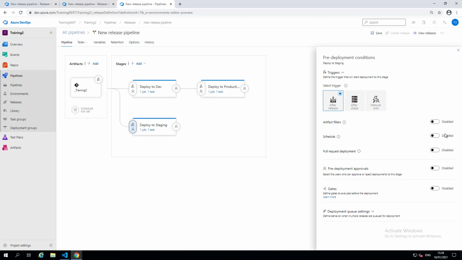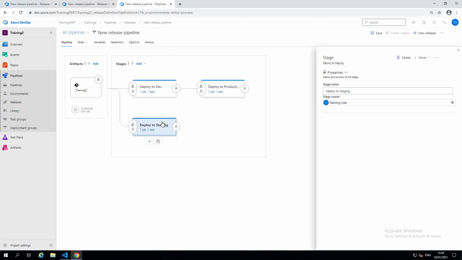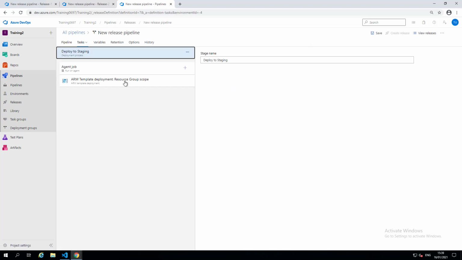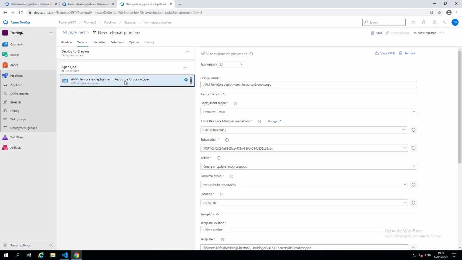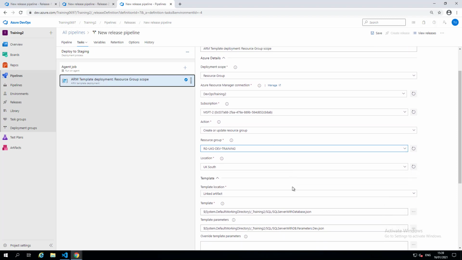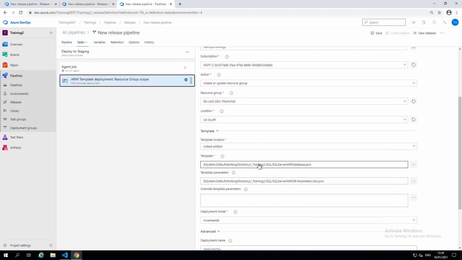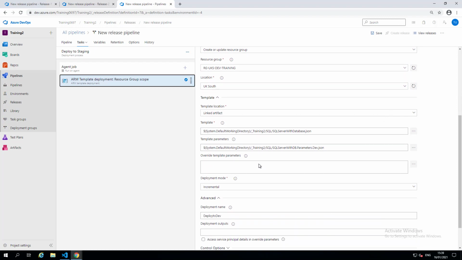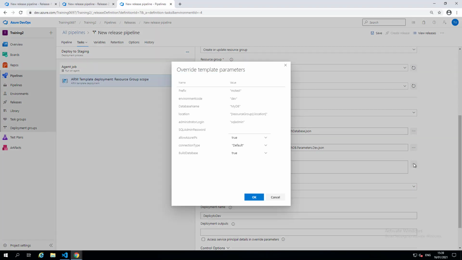We won't bother with the approvals or anything for this one as well. So if we just go and edit this one, so we look at the tasks, and then let's just keep it in the resource group, the dev resource group as we had before, because that's the one that's got permissions for now. We'll keep the same template file as well, but what we'll do in this case, we'll overwrite some of those parameters. So if we click on that, we'll see the parameters that have been passed in through the